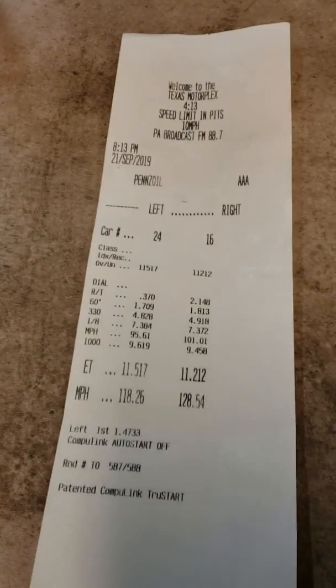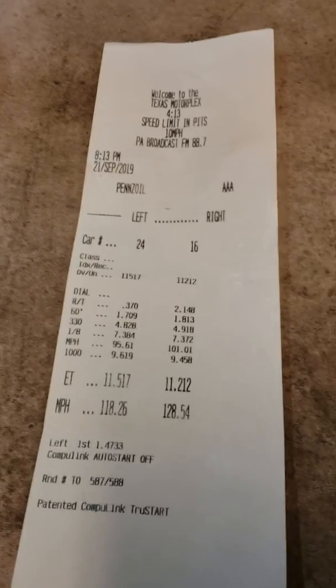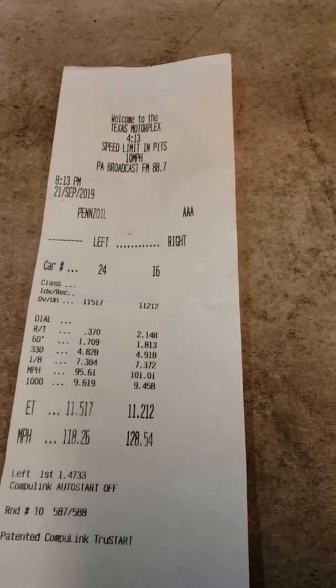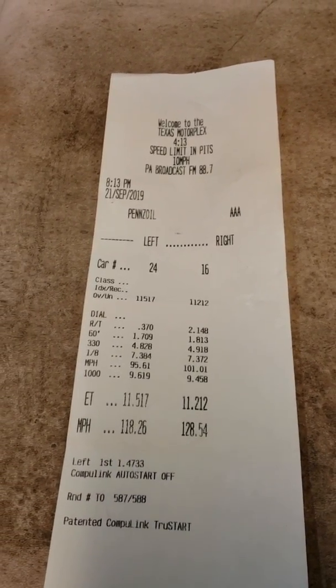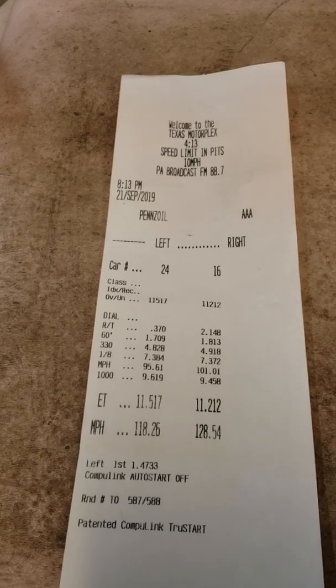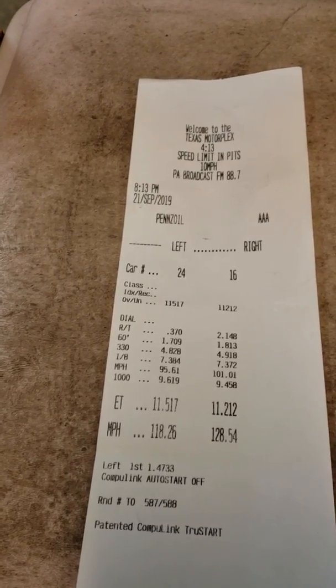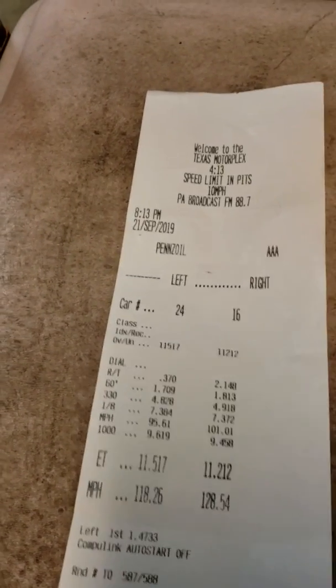In the second pass, I actually got it to hook up. It had a 1.760 60-foot, which is decent. Actually, I'm in the right-hand lane. I had a 1.860 foot. The guy that I ran in the left-hand lane is Team Daddy Wolf, I think is his name. Correct me if I'm wrong. Ryan Wolf's the owner of the left-hand truck. He ran 11.5 to my 11.2, and he caught me off guard and double bulbed me,